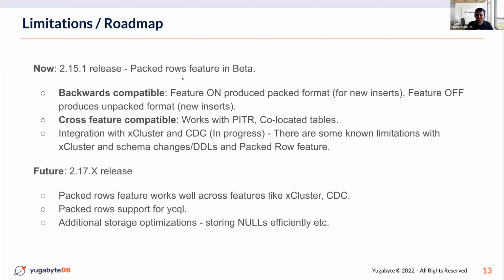right now we just released the first version of the packed row feature in 2.15. In terms of cross-feature compatibility, we made it work with features like point in time restore, backups, and co-located tables. While we did make it work with Xcluster and change data capture, or CDC, features, there are a couple of known limitations around Xcluster, especially around schema changes and how we interact with the packed row feature. Given that now the docdb layer also needs to be aware of the schema changes, because when it produces this packed row version, it needs to validate whether it is a valid schema version and things like that. There are some integration challenges there, especially with features like Xcluster and CDC,